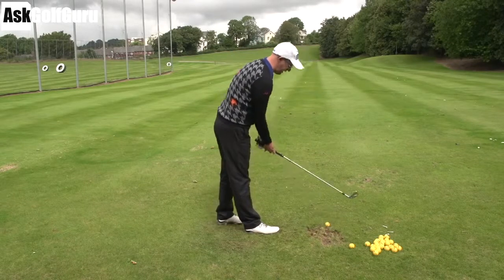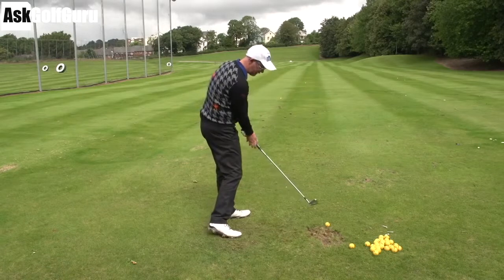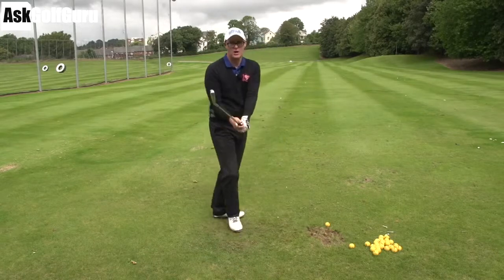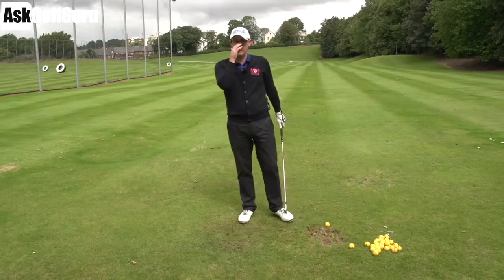Middle of your stance, punch feelings. Deliver the handle forwards. If you lose the ball off to the right, don't forget that by pushing the handle forwards, the club face naturally points to the right. So you're going to have to turn that about the shaft. You can do that by flattening your wrist. You could do that by changing your grip slightly at the start. Just play with the feeling of less